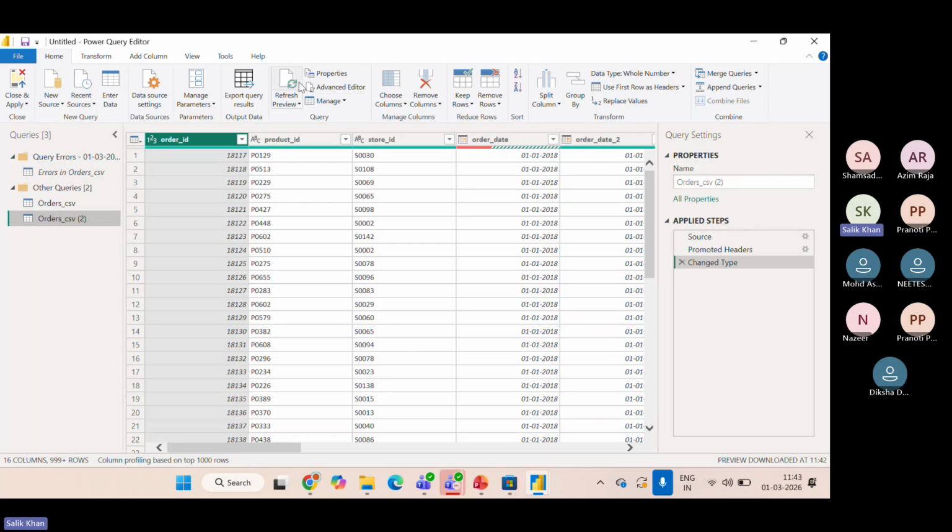Just a minute, guys. Okay. So it will directly take you to the Power Query Editor page. And you can carry out various data transformations such as renaming the columns and all these things here. And here you can see,